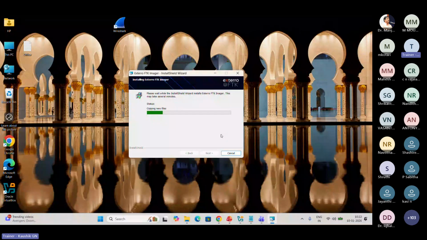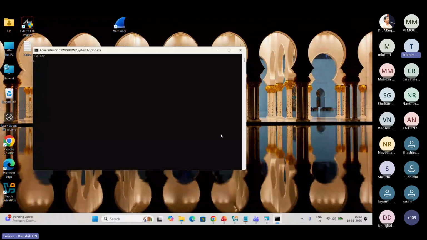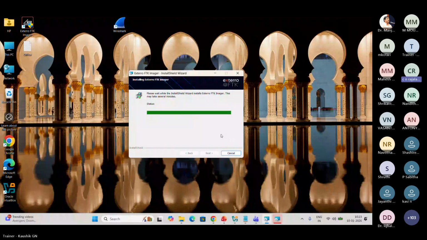Meanwhile, can anyone tell what kind of data we can take out from the RAM? I will repeat the question: what kind of data can I take out from the RAM? Data about the currently running applications in the RAM.